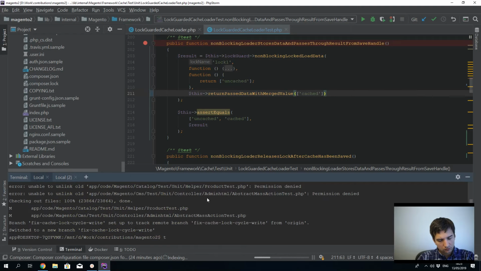Oh, it's in framework, lib internal Magento framework, and then what we're going to go in, it's in